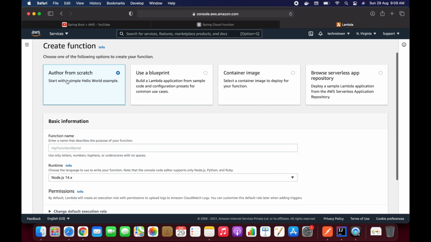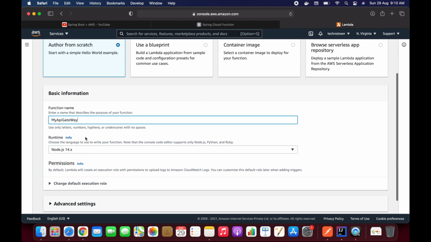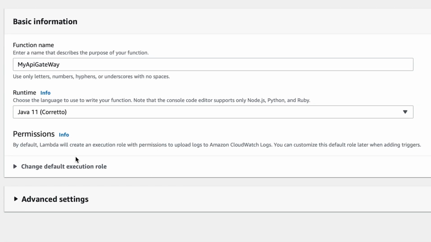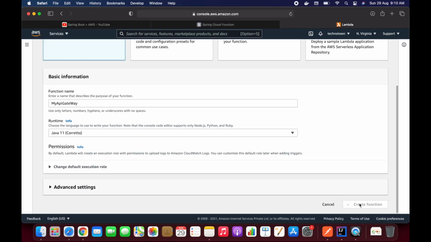I'm going to create it from scratch. Let's provide some name: my API Gateway. Let's provide a runtime environment: Java 11. For permissions, I'm not going to provide any permissions here. Let's create the function.